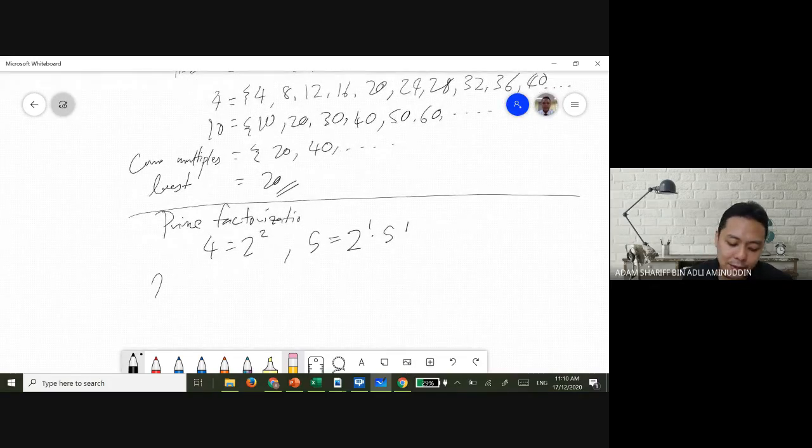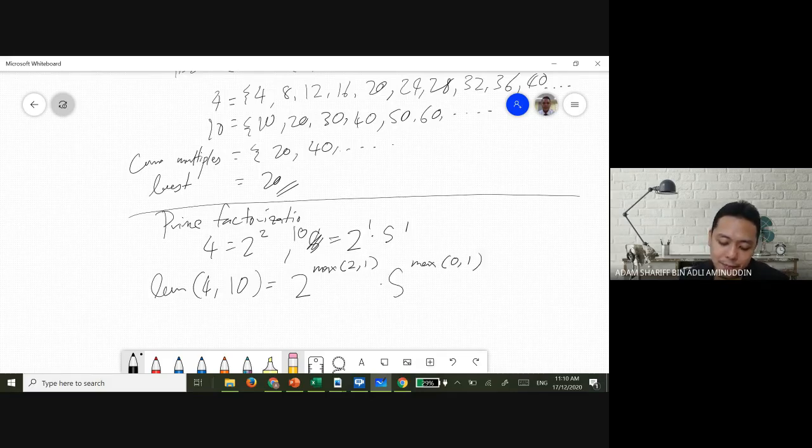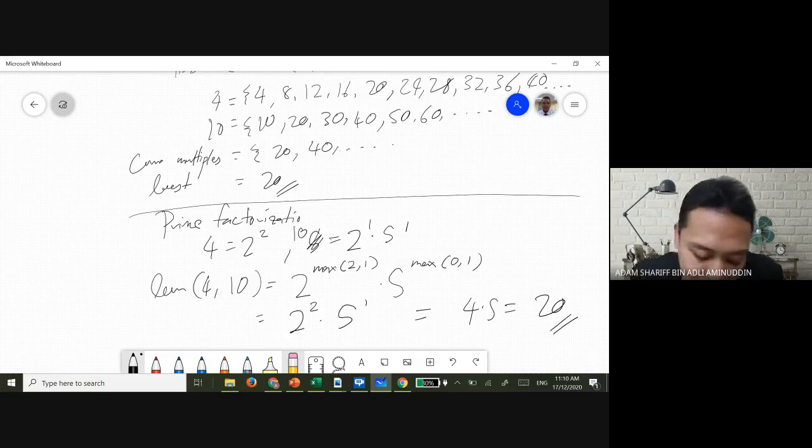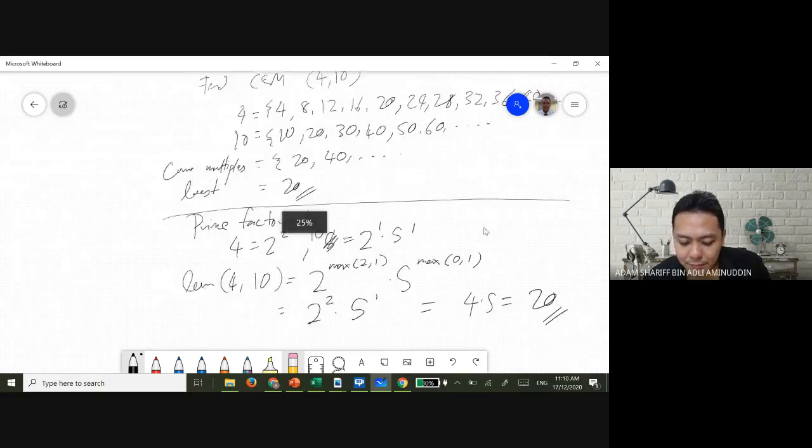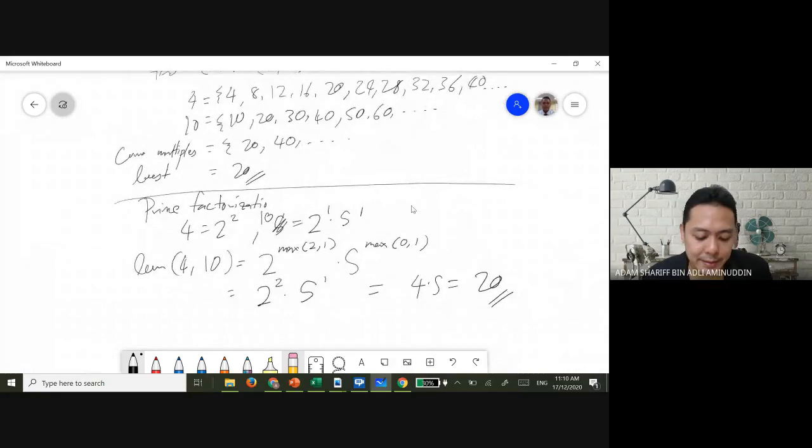And by using the theorem, the LCM between 4 and 10 is 2 maximum of 2 and 1, 5 maximum of 0 and 1. Then it becomes 2 to the power of 2 times 5 to the power of 1, becomes 4 times 5 becomes 20. The same answer,